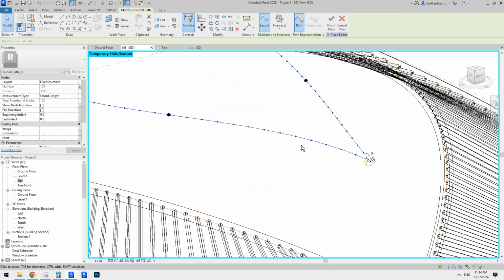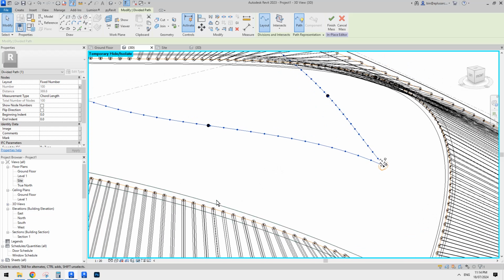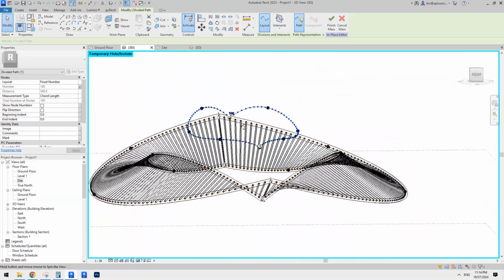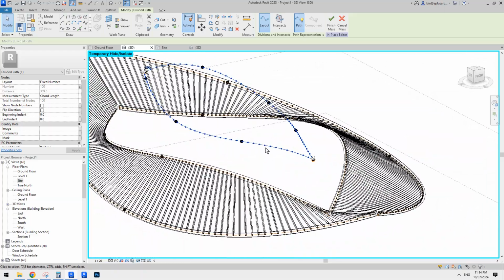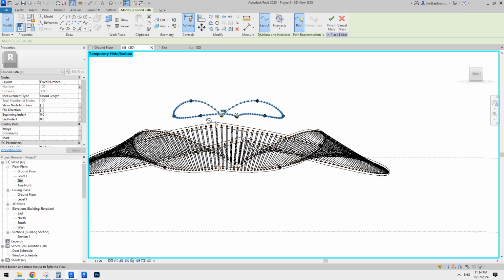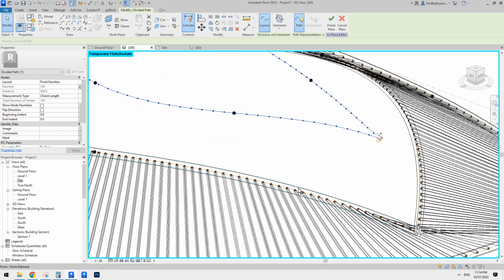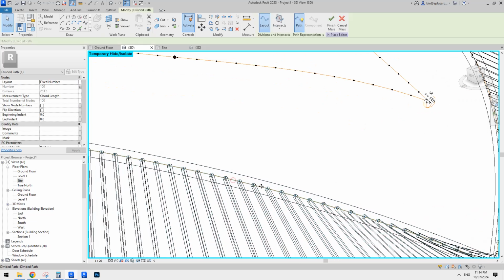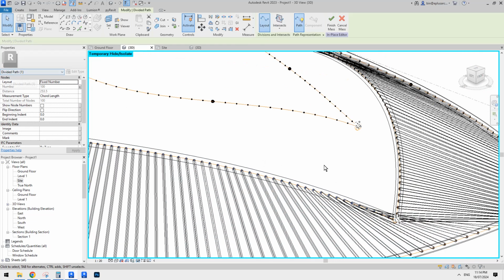So it will have the same number. Of course, if you want to have a different number, you can also do that. And now we can... What do we do this time? Maybe we use one of these and connect with this. Let's do this. So what we need to do is select this divide path,